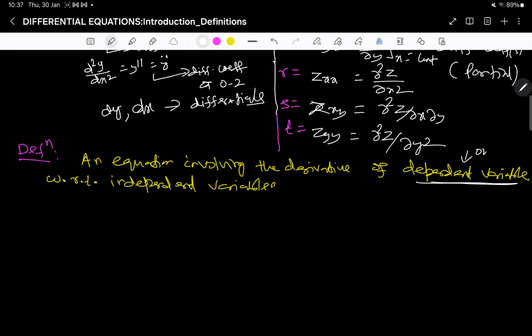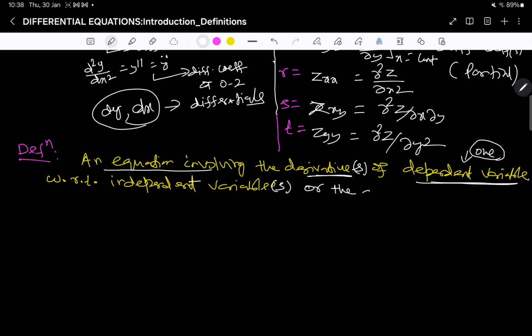Here there is only one dependent variable in any case, but the equation may involve more than one derivative: y dash, y double dash, and so on. And with respect to the independent variables, we may have one variable or more variables. If it is partial, it leads to more than one independent variable. So we write an equation involving the derivatives of the dependent variable with respect to the independent variable or variables, or the differentials also. If dy is present, dx is present, or the differentials